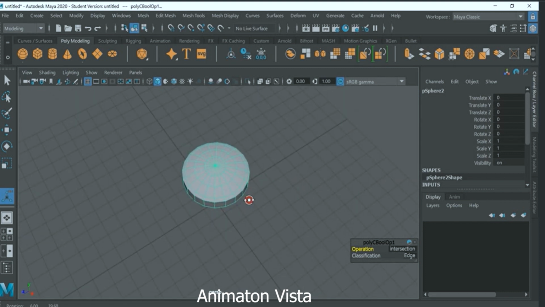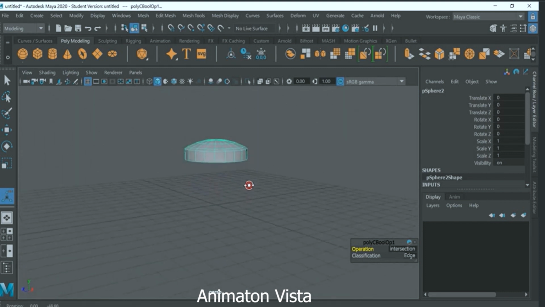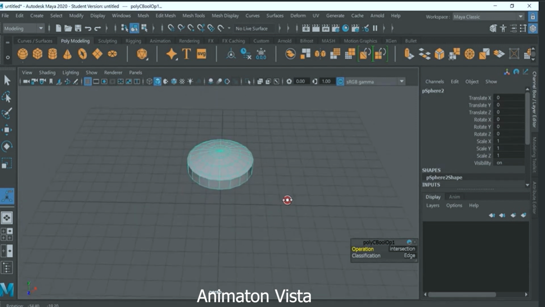Alright? So, this is how we can do Boolean between objects in Maya. See you in the next